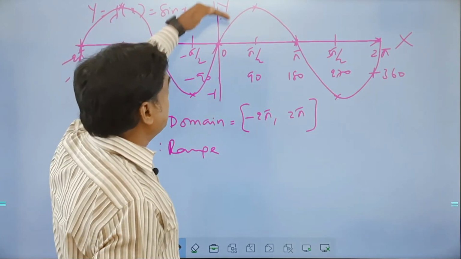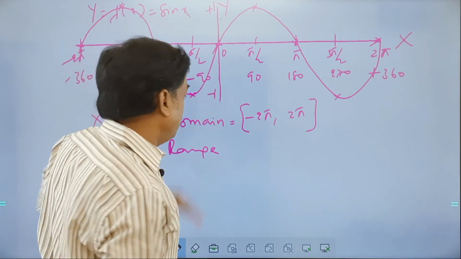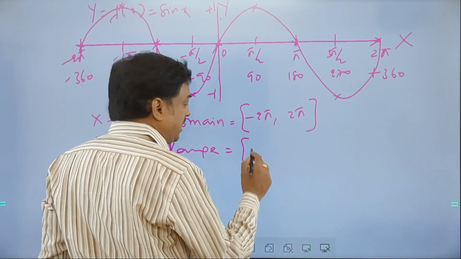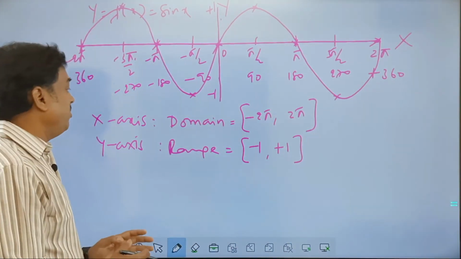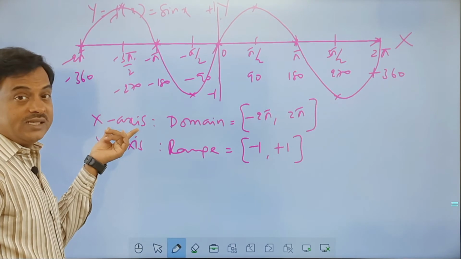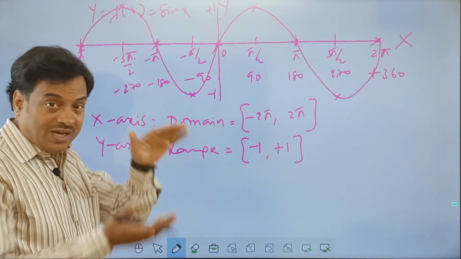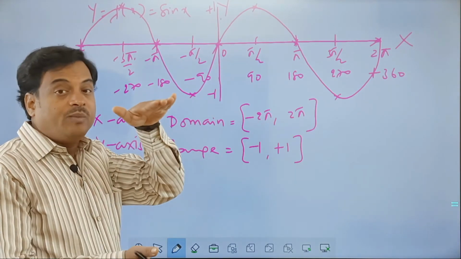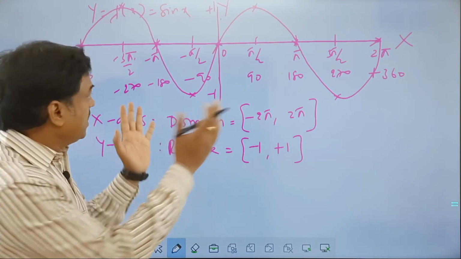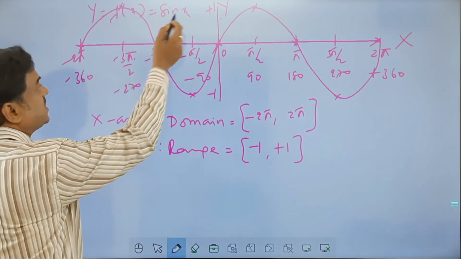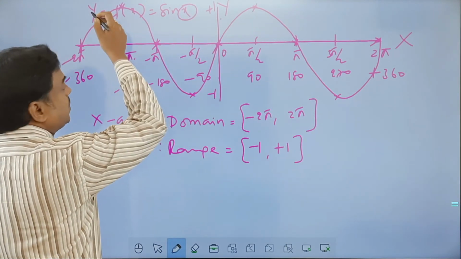If you observe, the maximum value of sine is plus 1 and the minimum value is minus 1. So here the range would be minus 1 to plus 1. That's the range. So it's very simple, my friend. All the values you take from the x-axis are called the domain. All the values you consider on the y-axis are called the range. And for range, we take the maximum to minimum value it can take. So this is very simple, you can understand. Now you can see f of x equals sin x. So when I put x as 0, I'll get 0, and that is equal to y.